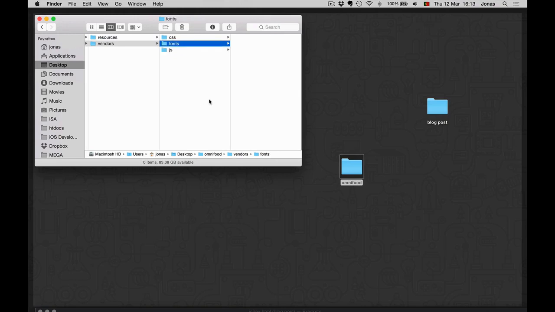So this is a structure that is very flexible and allows us to separate the files that were created by us and files that we download from the internet, like JavaScript plugins or CSS files, such as we are going to use later. Alright, so this is our folder structure. So now let's go to brackets,